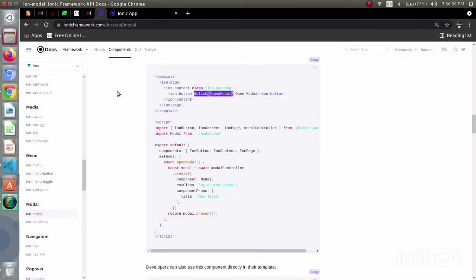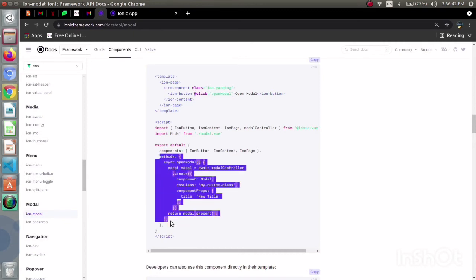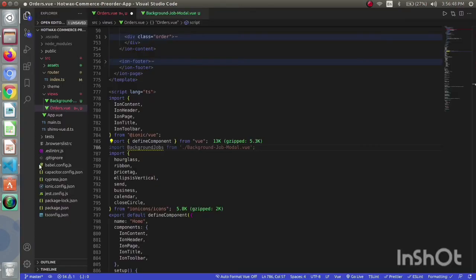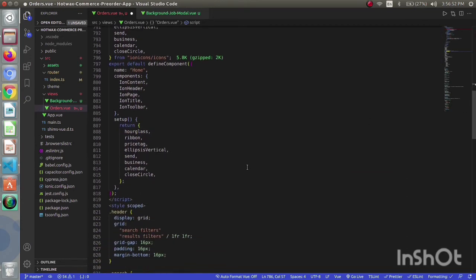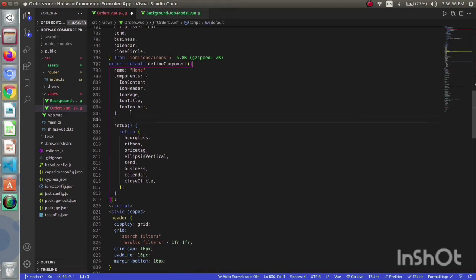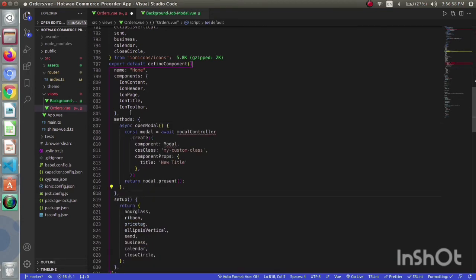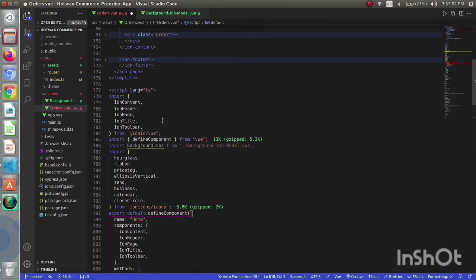After this, I will be using this function inside my methods. So just go in the script tag, and after our components, I will be using the function. Okay, I forgot to import the modal controller, so I will import it first.